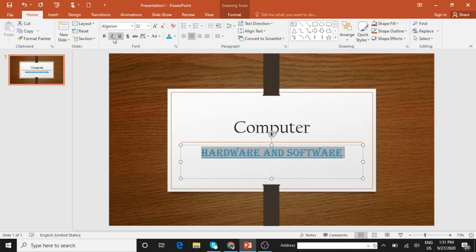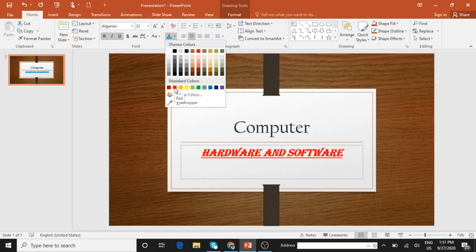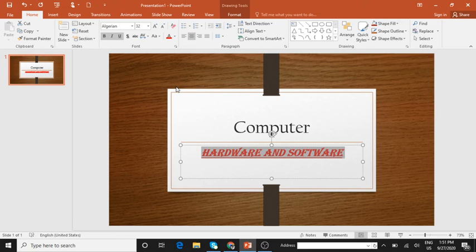Italic, this tilts the text. Then underline, this inserts a line below the text. Font color button, this is used to change the color of the text.